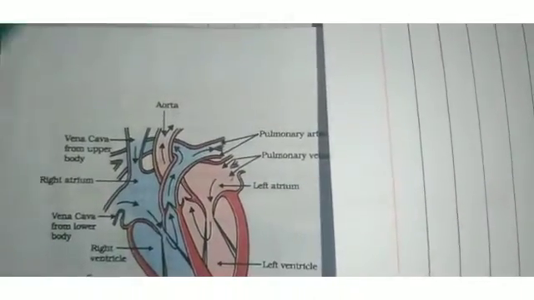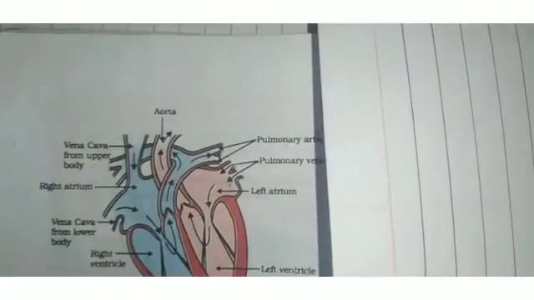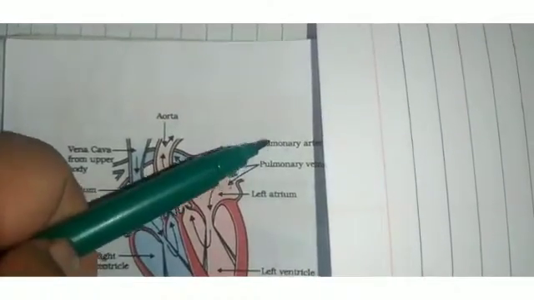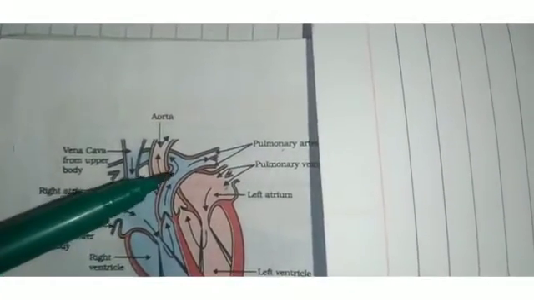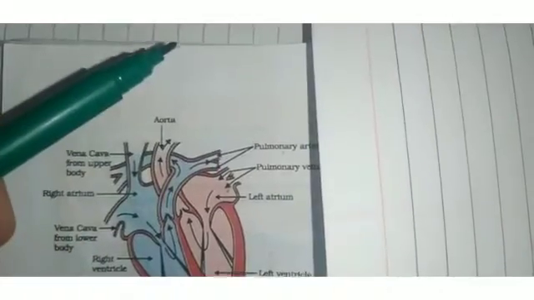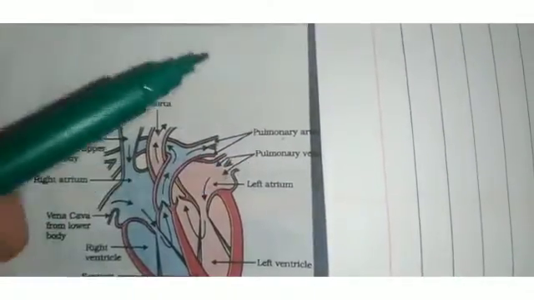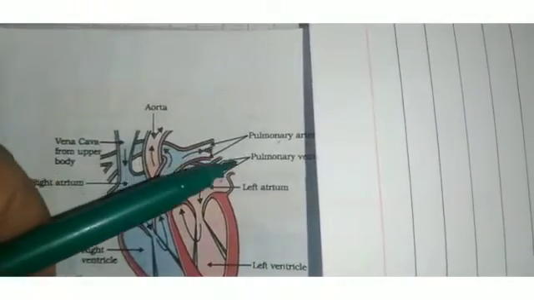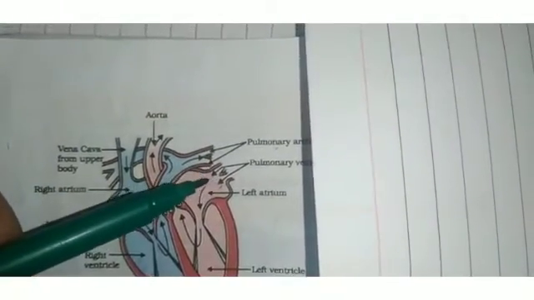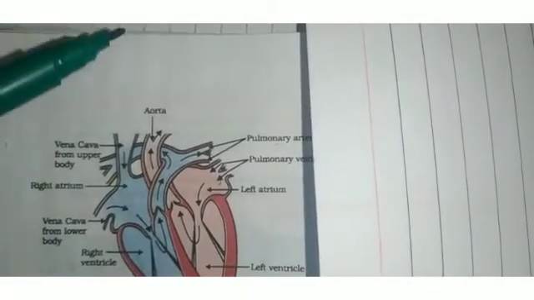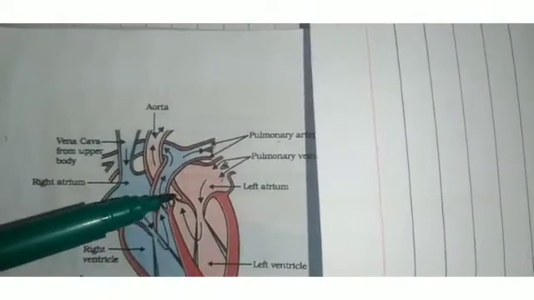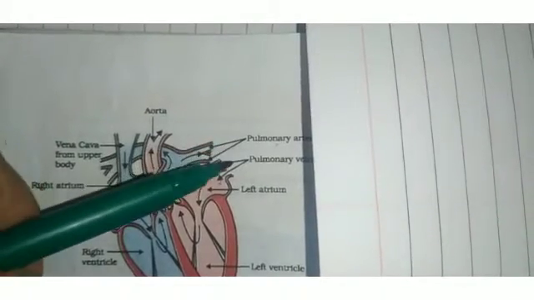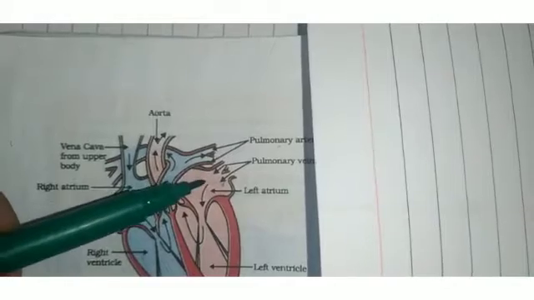And there is one more exception, for arteries. Arteries always carry oxygen-rich blood, but the exception is the pulmonary artery, which carries deoxygenated blood from the heart to the lungs. So first let us learn the process of blood flow. From the lungs, oxygen-rich blood comes to the thin-walled upper chamber of the heart on the left side, called the left atrium. Here you can see, it has come here.